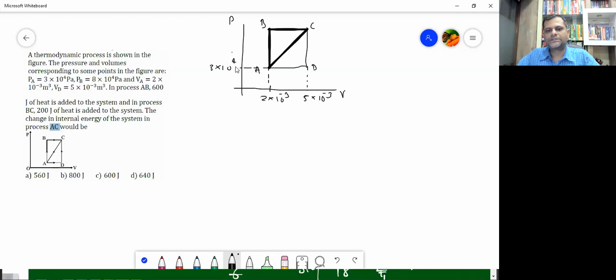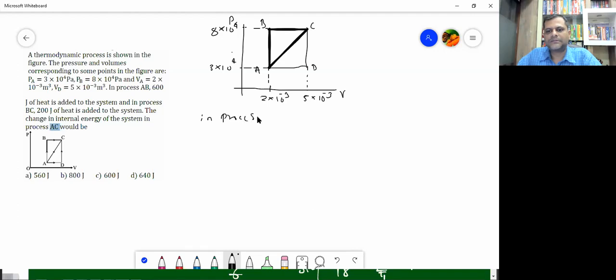एंड फॉरगेट अबाउट द यूनिट्स, दे आर स्टैंडर्ड ओके. एंड B का जो प्रेशर है वो दे रखा है 8 into 10 to 4 राइट. यस, एंड नाउ विल सी द कैलकुलेशन. इसमें देखो, A B इस प्रोसेस के अंदर, इन द प्रोसेस A B